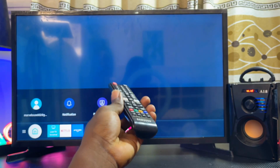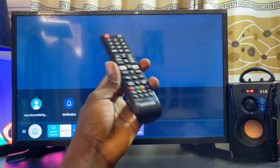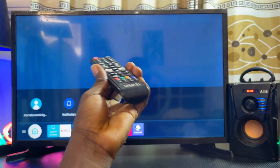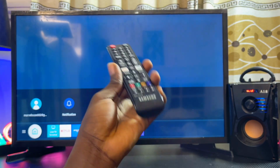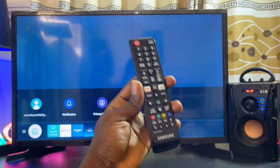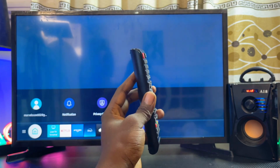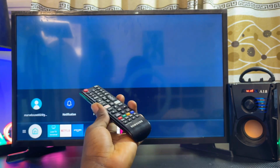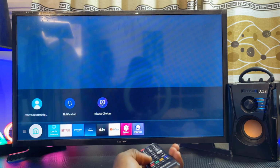actually insert the Bluetooth features on their TV, but this feature is not activated until a later time. So the TV brand might choose to activate the Bluetooth feature over time by simply pushing an update to the TVs that particular feature is enabled for. What this means is that sometimes by simply updating your TV, you might be able to get the Bluetooth feature on your TV. All you have to do is head over to the settings of your TV,